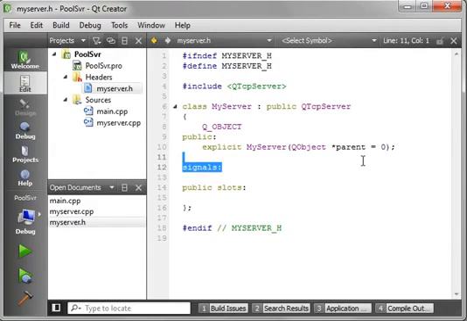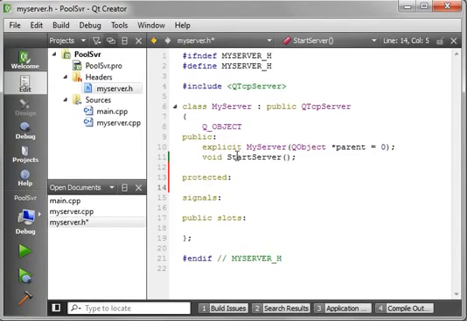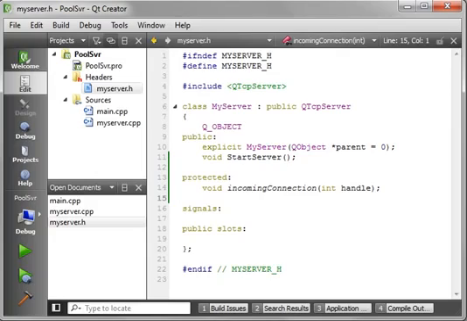We want a public void, call this startServer. This is where we're just going to start the server up. You've seen this half a dozen times so far. And then we're just going to go incomingConnection with the socket descriptor. Notice how they call it a handle. It's the same thing. And then for our private object here,